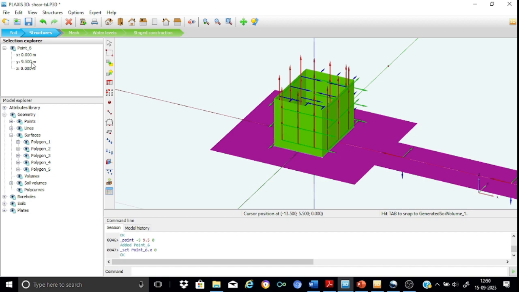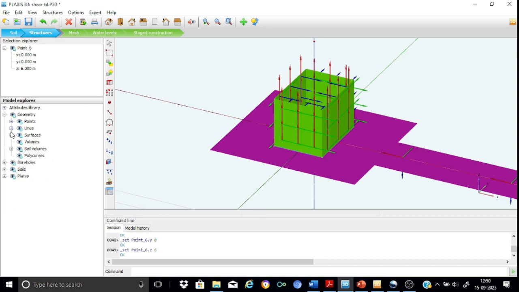I'll keep it at 0, 0, and I'll generate it at z equal to 6 meters. Okay, z equal to 6 meters. This means that I have defined the point. As you can see, this is my point. If you see over here under points, you can see that this is point 6 that represents my